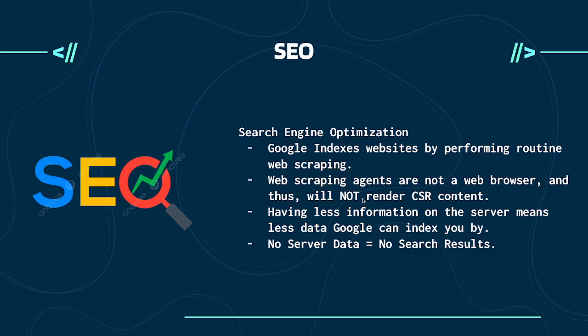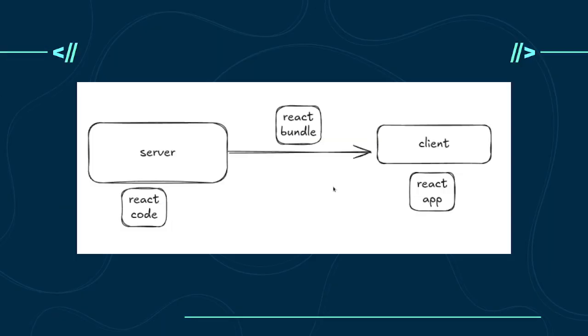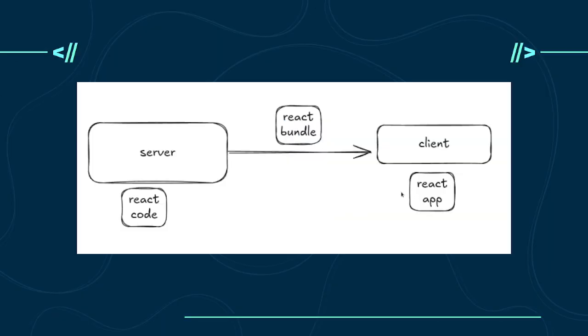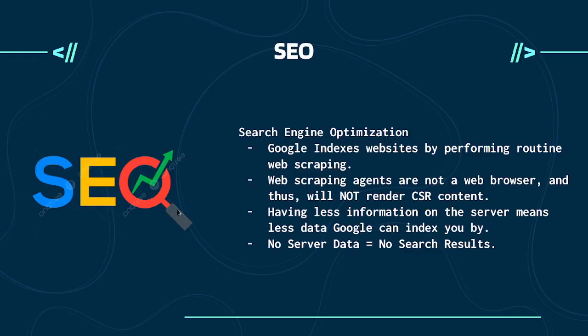Here's where things get a little complicated. Remember how I said this requires a client to render everything, to understand what's going on, to instantiate all of your JavaScript? The issue is with web scraping, a lot of the bots don't have access to a lot of the things that clients have, right? They are not a client. And so a lot of information that's stuck in here and not accessed here really gets bottlenecked with search engine optimization. Things get difficult because, again, the bots have no idea what's on your server. And so no server data, no search results.